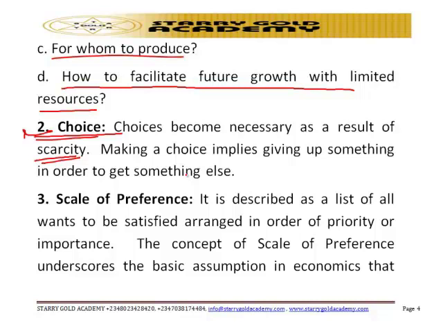Scale of preference is described as a list of all wants to satisfy, arranged in order of priority or importance. So scale of preference basically talks about the table or list that shows our wants with respect